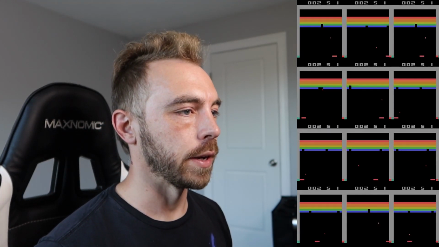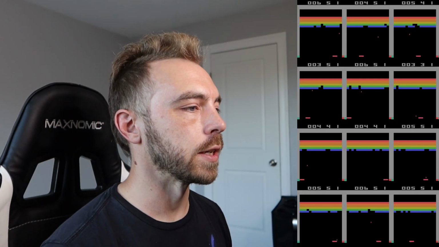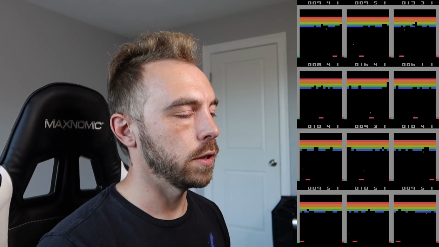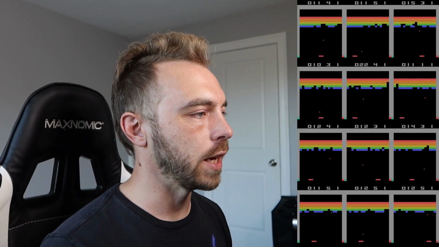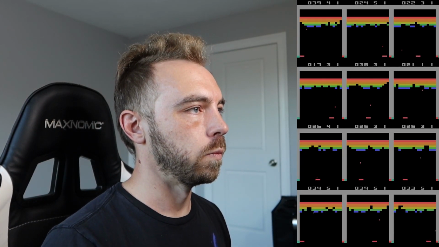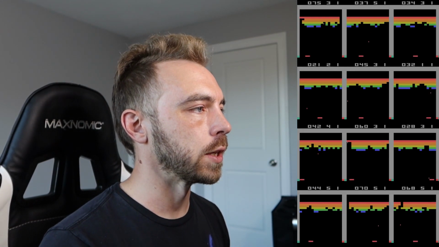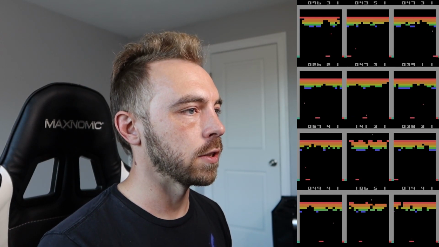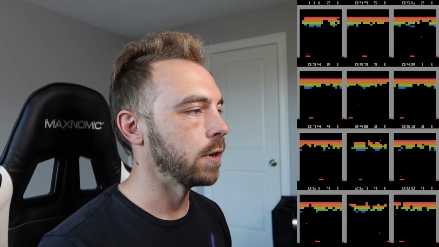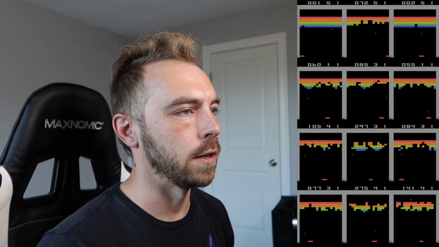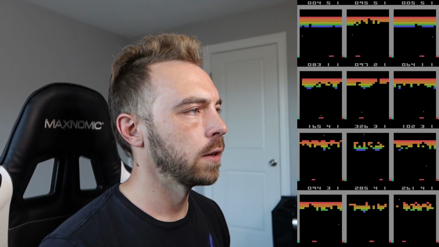Here's where I ended up, and this is the best performance I was able to get. You can see that one of the things it's figured out how to do is break through the line and get the ball up to the top where it starts bouncing up and down, and getting a lot more points that way without having to risk more times that it hits the ball. And the ball actually starts to move quite a bit faster as you get further into the game.